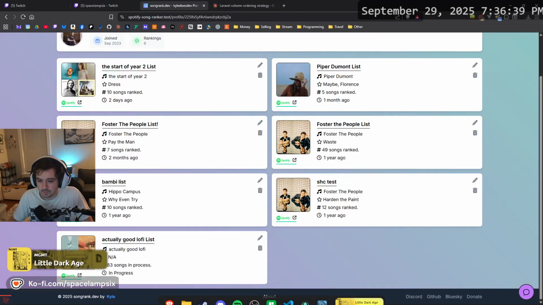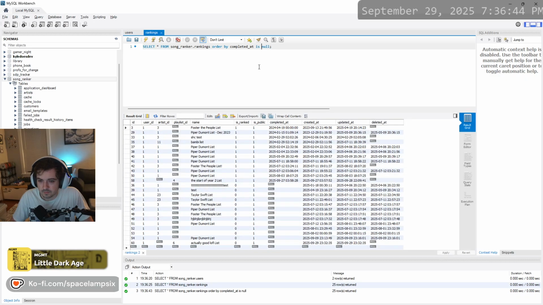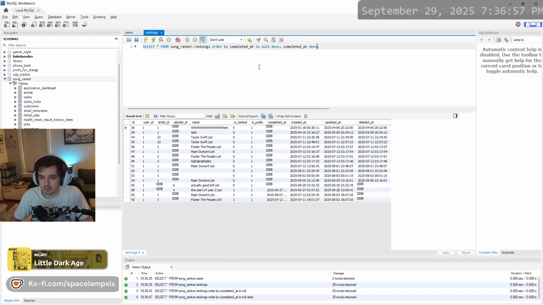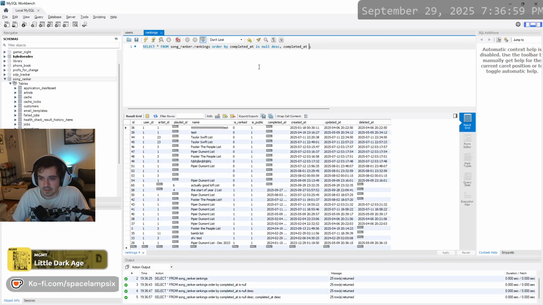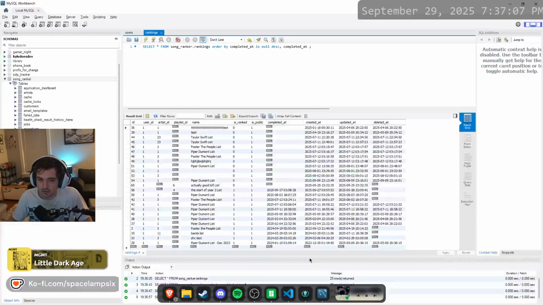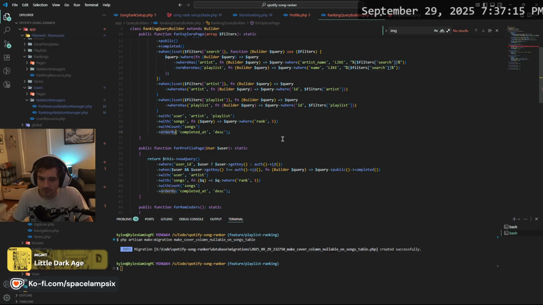Completed at is null. Descending. Completed at descending. Completed at ascending? Or is this correct? No, that is correct. But it's not putting that at the top. Maybe I'm updating the wrong query scope. That's because I definitely am doing the wrong query scope.